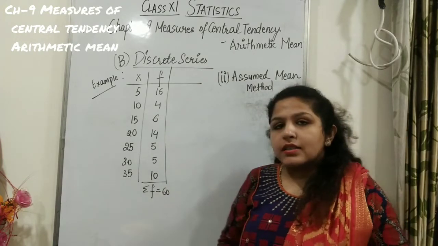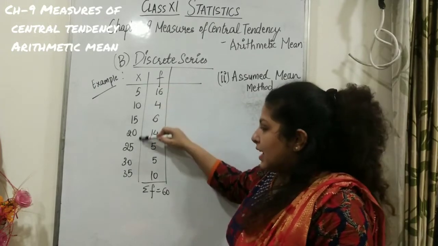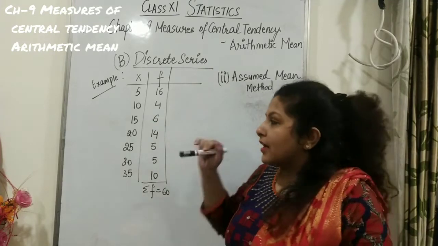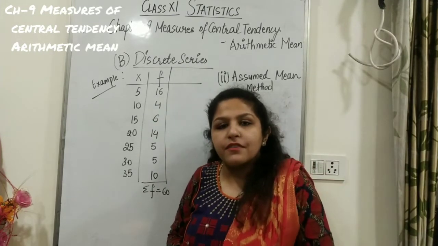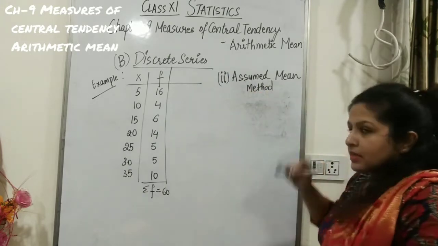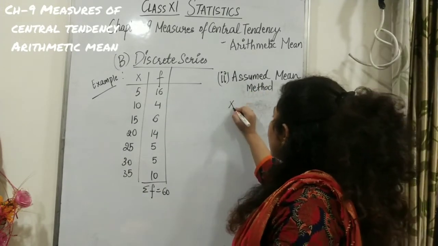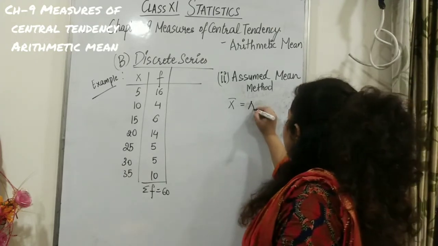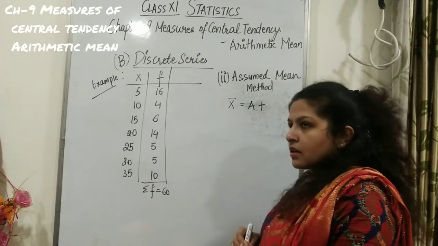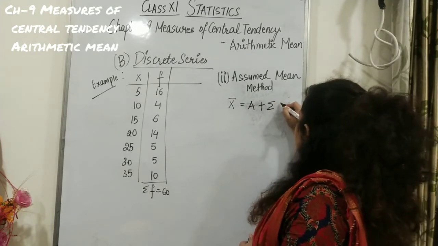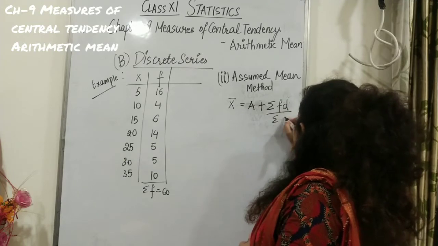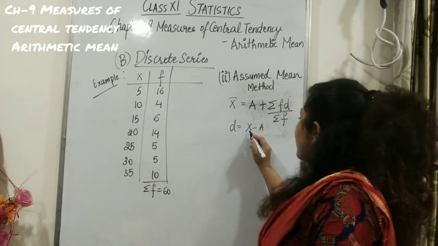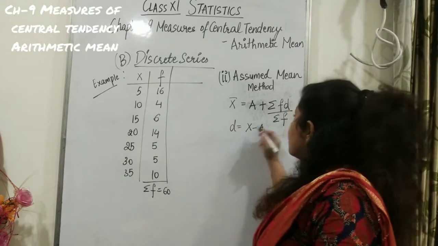Discrete series is one which has x values and frequency with it. So x and f values signify that this is a discrete series. Let's start off with the second method, that is the assumed mean method. First of all, you should know the formula. To calculate mean in the assumed mean method in discrete series, it is a plus summation fd upon summation f. D means deviation, which we will calculate by subtracting the assumed mean from the x values, and then we will multiply it